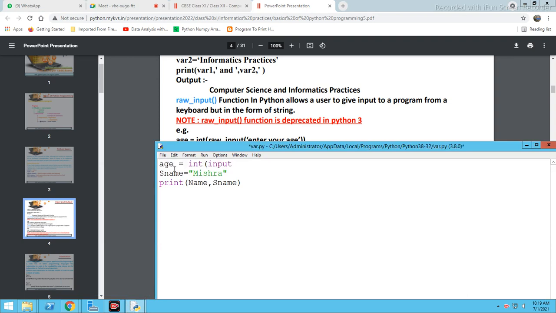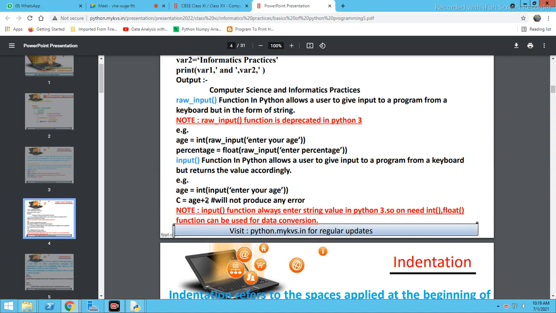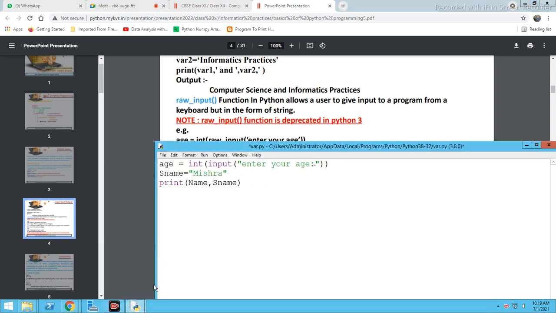See, I have taken age is equal to int input, and after that we have to write the statement here. Statement means what? Enter your age. It will be printed when we run the program. And next is written here, c is equal to age plus 2.